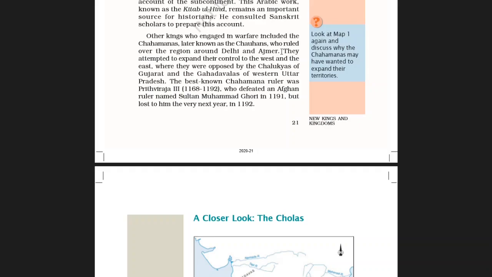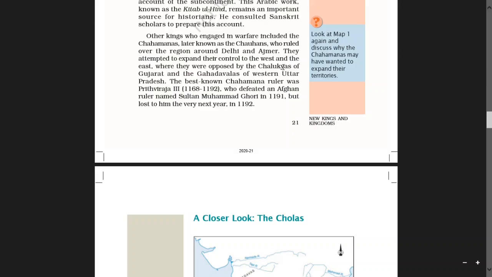We know the name of Prithviraj Chauhan like that. They ruled over the region around Delhi and Ajmer, that means in Rajasthan.